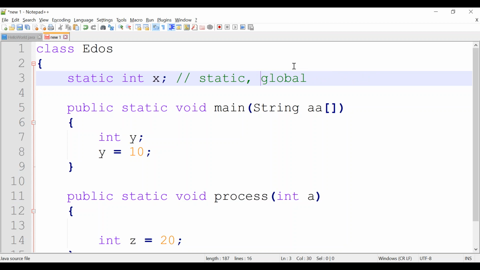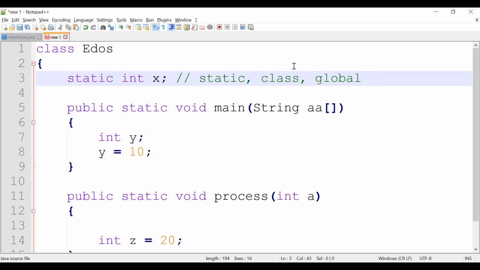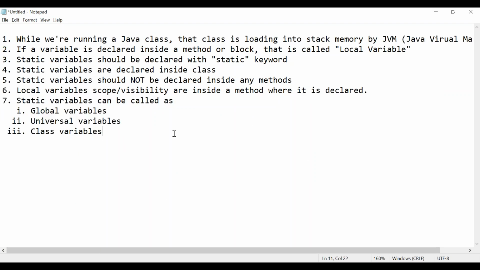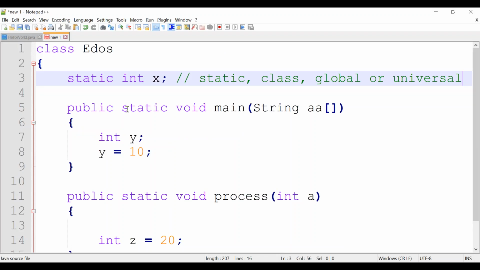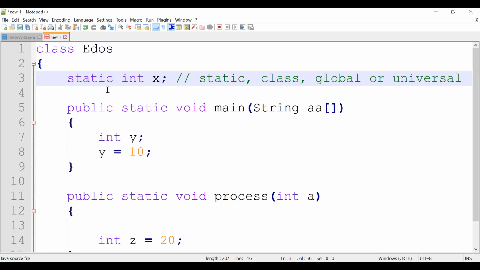You can call them static variables, or class variables, or global variables, or universal variables. These are the different names for static variables. So if in any place we say global variables, you need to understand it means static variables. Or class variables, we keep on using class variables. Class variables means static variables.